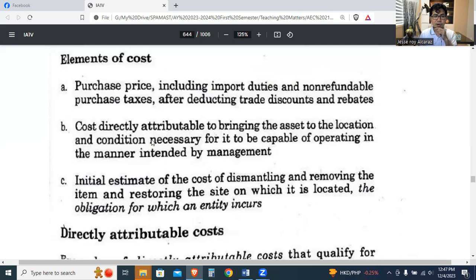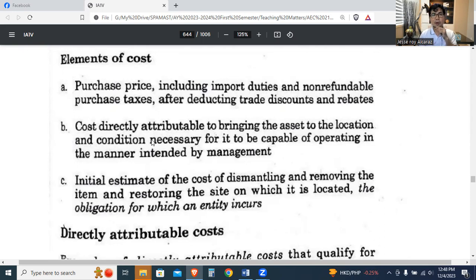Letter B, cost directly attributable to bringing the asset to the location and condition necessary for it to be capable of operating in the manner intended by the management. What does it mean? It means that, okay, ipalit na to sa abroad, ibayad ng 20,000 for the custom duties, pero kailangan pa nato siya i-travel from Manila to Davao City. Something like that. Okay? And it would cost us another 100,000 pesos to transport it. So katong 100,000 pesos that is spent on the transportation will be added to the equipment again as part of